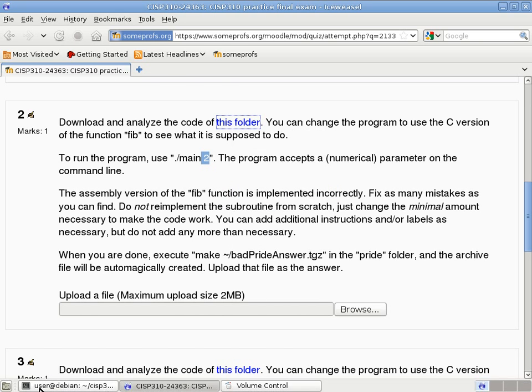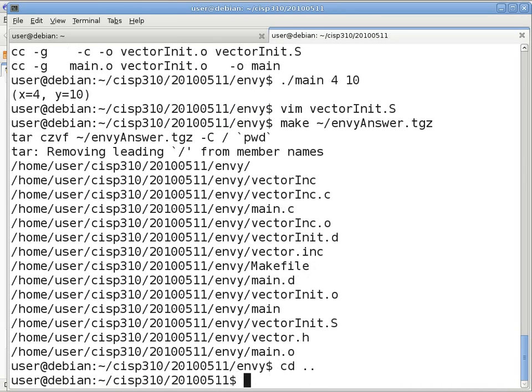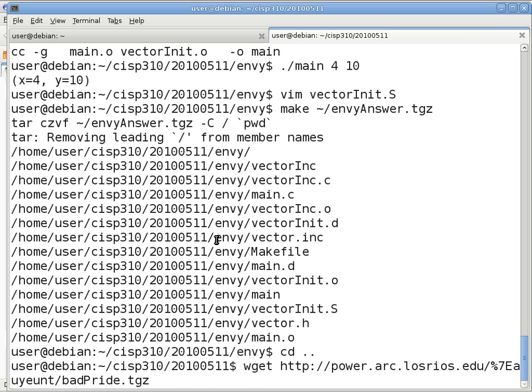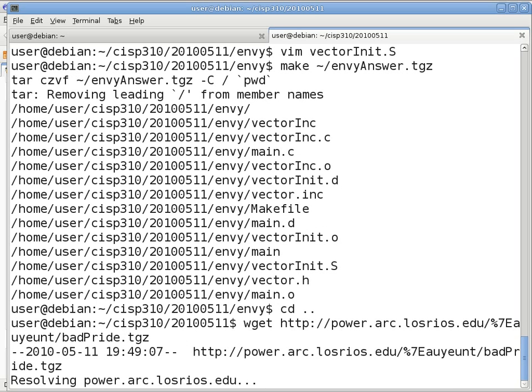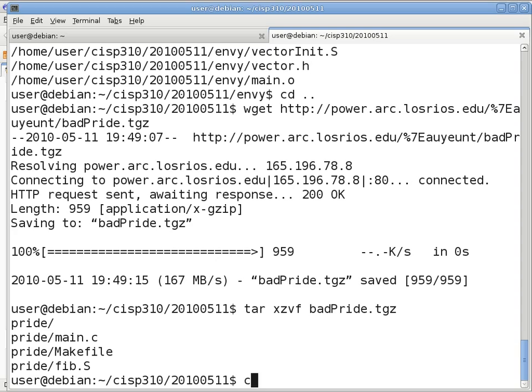Copy link location. Go to the command line. Remember, you don't want to untar everything from env, so you have to remember to return back to the parent folder of the other question. Then you say wget, and give it the URL. What's the command you use to hit paste? In PuTTY, it is the right click. So we have the tar file here. We say tar xzvf bad pride. And now we have the second